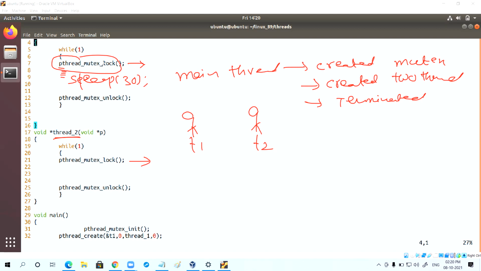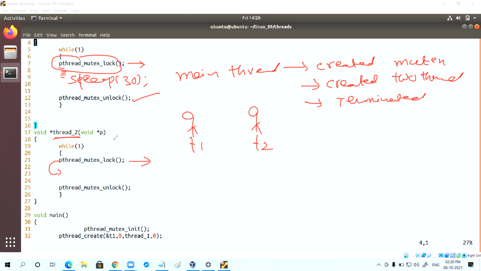Now when thread 1 is unlocking, releasing the key, can I say this gets unblocked? Thread 2, which is waiting for the lock, will get the lock.